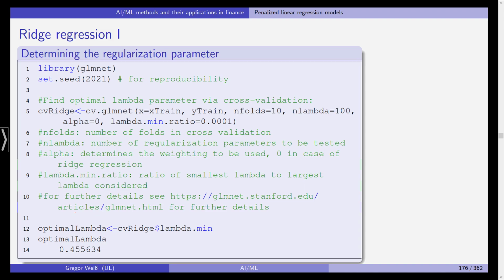And we'll start actually here. If we set alpha, the weighting to be used, to 0, this yields us ridge regression. Later on, if we set it to 1, it will give us the Lasso. So this is the command cv.glmnet, and this cross-validation for the ridge regression will use the X train matrix and the Y train matrix, the training data, to select the parameter via cross-validation. And after some time, you can see here in the lower part of the slide, we get an optimal lambda tuning parameter of